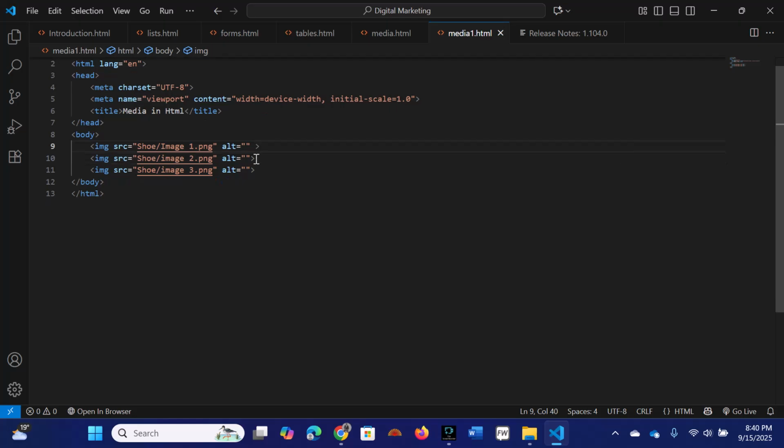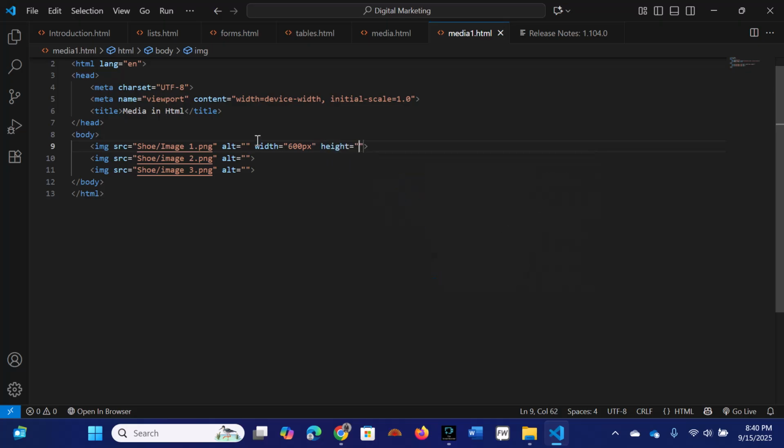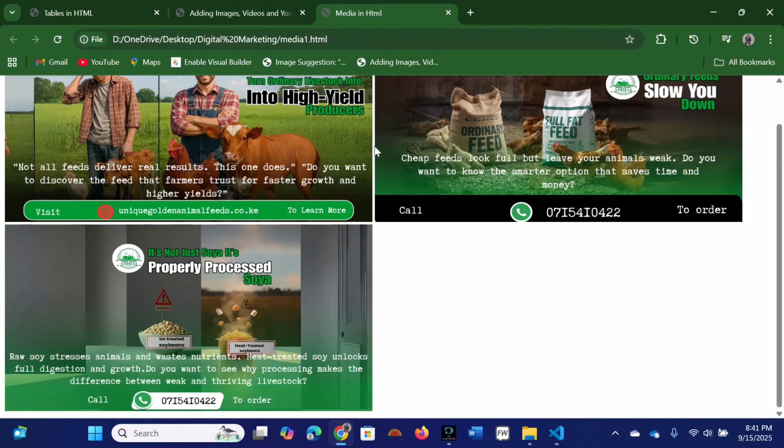So we're going to click Control Shift, okay, just a minute. Okay, let's just do it. So we're going to do here width. We're going to give them a width of 600 pixels. At the end of the closing quotation mark, we're going to create space and then write height. Then we're going to give this a height of 300 pixels. So we're just going to copy this, and then we are going to paste in here as well as in here. So when you go back to the browser, we just refresh, you see they resize themselves,